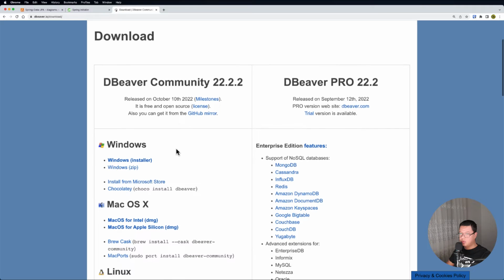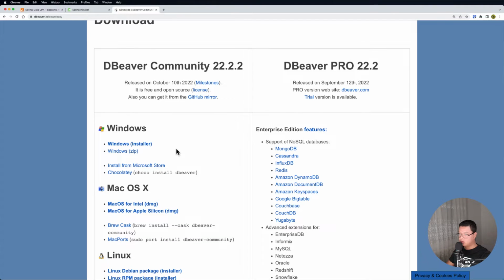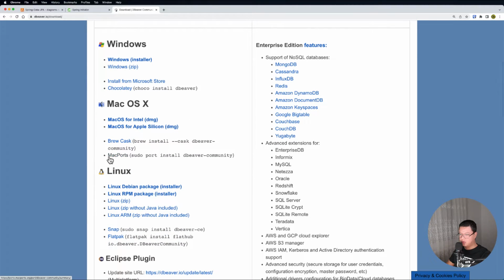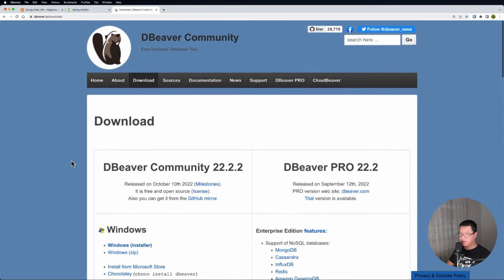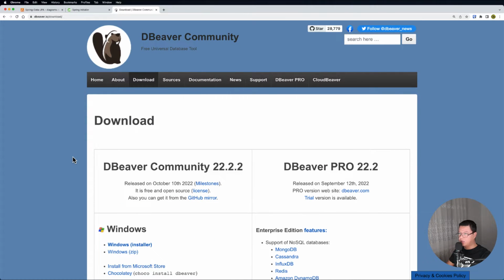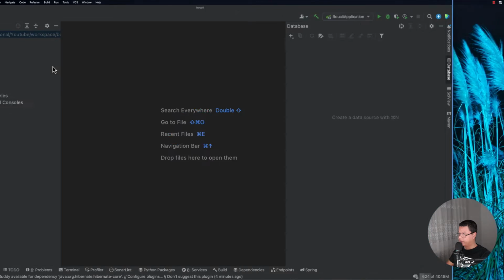You can download it, and to create or add a data source, it's exactly the same steps that I will show you right now. So if you need it, go ahead and download DBeaver for yourself.